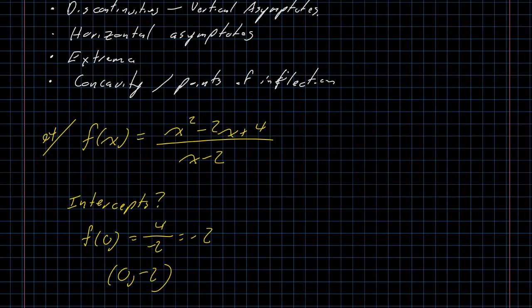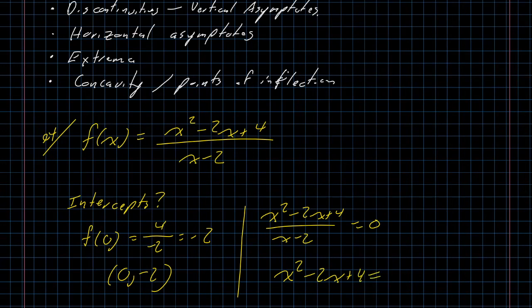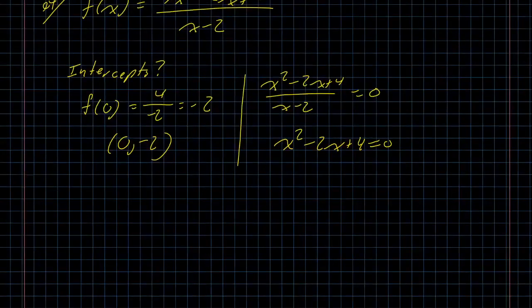Then we can set the function equal to 0. x squared minus 2x plus 4 all over x minus 2 is equal to 0. Multiply both sides of the equation by x minus 2, and as long as x is not 2, we get that x squared minus 2x plus 4 is equal to 0. I can't think of any pair of numbers that multiply to 4 and add to negative 2. So I guess I can go to the